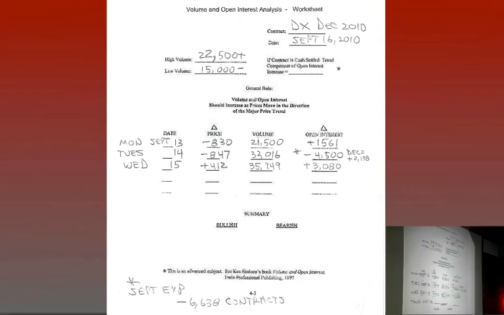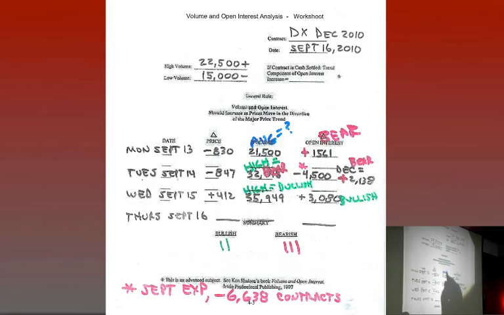This is a very difficult time because of the expiration of the September contract. But look, Monday, that was September 13th. The December DX was down 83 full price points. Volume was 21.5. Is that high, average, or low? And what does it mean? Okay, well, if we compare 21.5 to this range that we have, that's right in the middle of the range. So that is average volume.